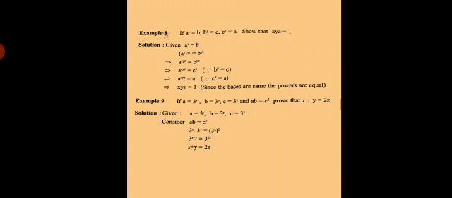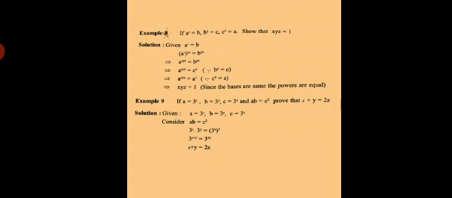So let us use the first condition, that is a raised to x is equal to b. Now in this step we have to raise both sides to the power yz, that is a raised to x, all raised to the power yz, which is equal to b raised to yz. Now using the third law of indices, multiply x by yz, that is a raised to xyz which is equal to b raised to yz.